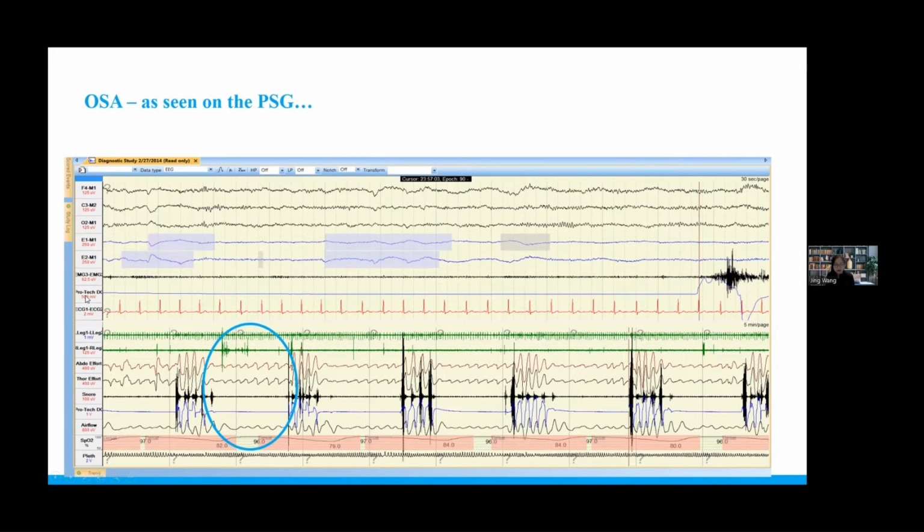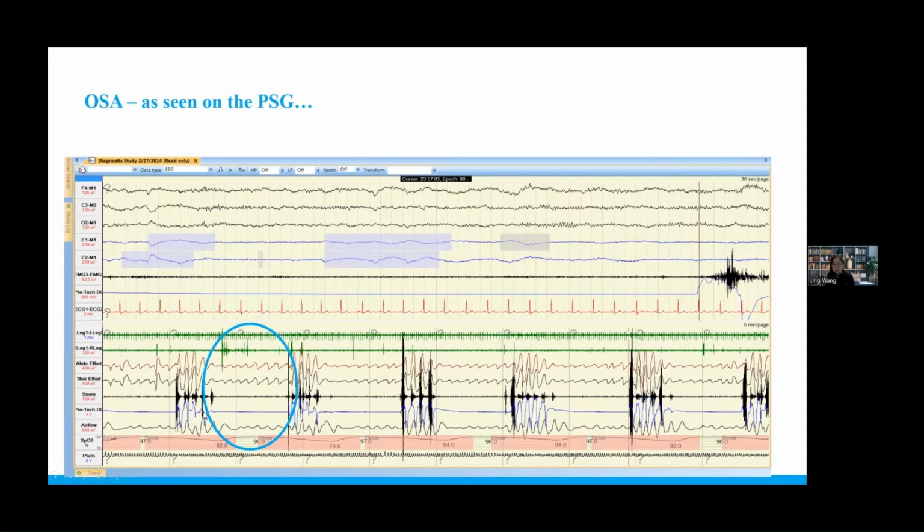The side indicates what channels these are, but the top three here are EEG. The blue is the eye movements. This line is the EMG. Here we have the breathing sensor, and then we have the EKG. On the bottom, we have the leg EMG. This is the chin EMG. And then we have the 2 respiratory efforts, a snore channel, 2 measures of airflow, saturation, and the pleth.